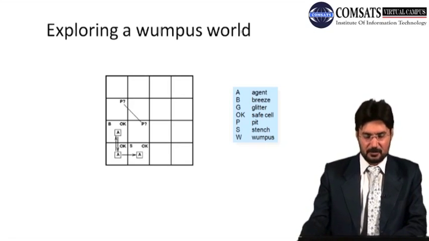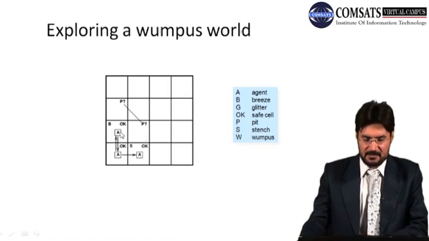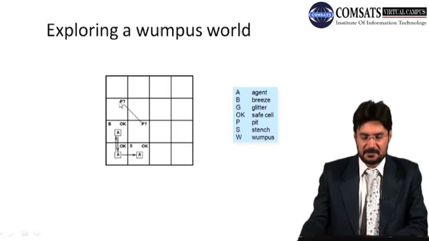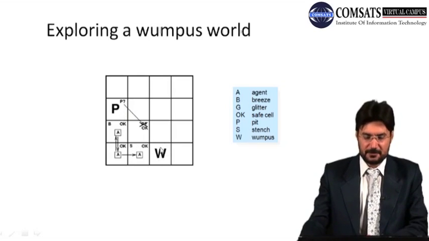اب سٹنچ مجھے آ رہی ہے تو مطلب یہ ہوا کہ ادھر یہاں پر میرے پاس ومپ ہے یا یہاں پر ہے۔ اب جس طرح ہم نے پچھلی کنڈیشن میں دیکھا کہ اگر یہاں پر ومپ ہوتا تو مجھے یہاں پر بھی اس کی سٹنچ آ رہی ہوتی، لیکن یہاں پر نہیں ہے۔ اس وجہ سے صرف پاسبلٹی یہ ہے کہ بریز ادھر پٹ یہاں پر ہی ہے، اور ومپ صرف یہاں پر ہے۔ اس وجہ سے ہم اس سائڈ پہ موو کریں گے، اور اس طرح ہم آگے چلتے جائیں گے۔